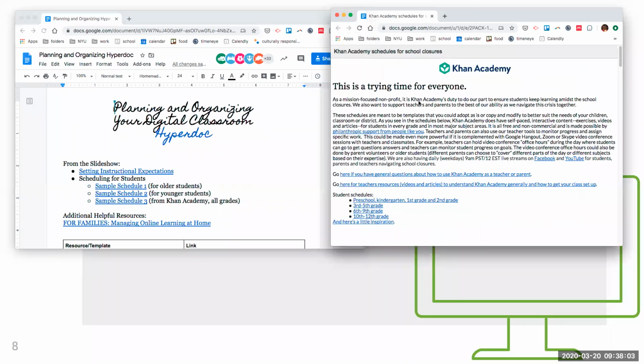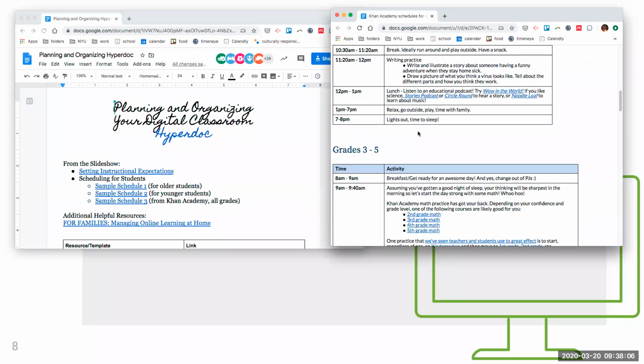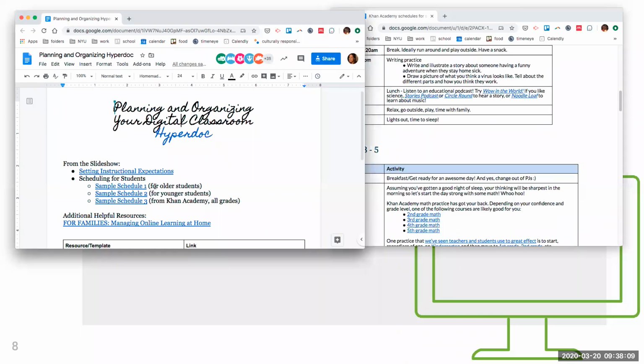Okay, wonderful. So these are examples of schedules. I have 3 samples here, all from different places. There are lots of companies, including Khan Academy, that are putting out these resources. And frankly, sometimes it's a little bit overwhelming. So it's really just going to be a matter of find a thing that you like and go with it, and then decide later how it's working, tweak it, because there's no way you're going to be able to cull all of the things that are out there and come up with the most perfect, most wonderful. Take something that looks good to you, try it out for a week or 2, and then go ahead and tweak as necessary.